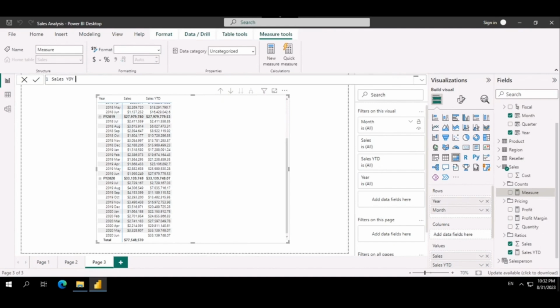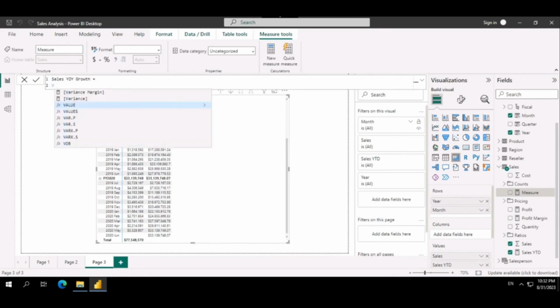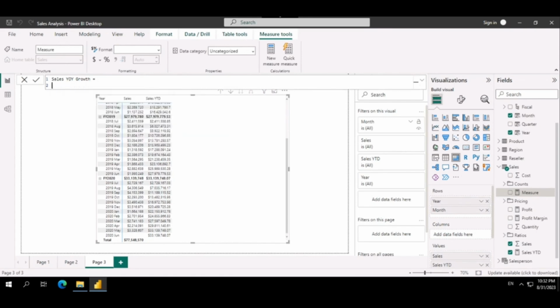Sales YOY growth equals, now what we're doing is we are using the CALCULATE function, sum of sales,